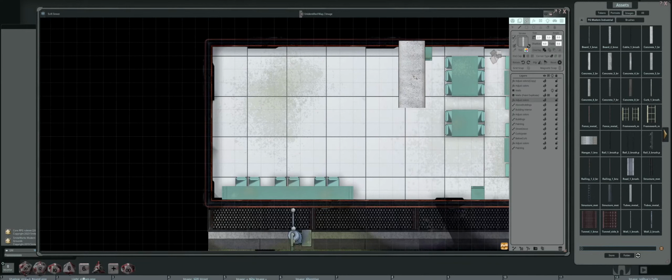And so my thought process is we'll do this counter that kind of comes out here. We'll do a break in the counter, and then we could do, yeah, this will be like the kitchen area. I think, well, let's just pull this out here a little bit. And again, I'm going to go from here